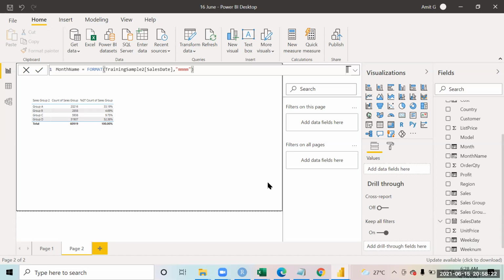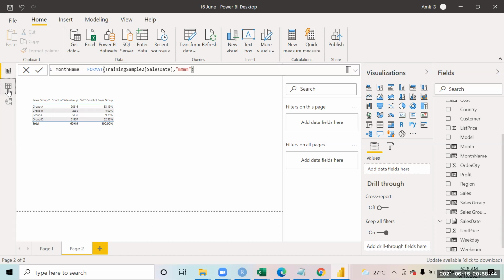Regarding data modeling, if you're pulling data from SQL and another data set is coming from Excel, how will you bind them and build the data model? Once the data comes into Power BI, it doesn't matter whether it's SQL Server or Excel.